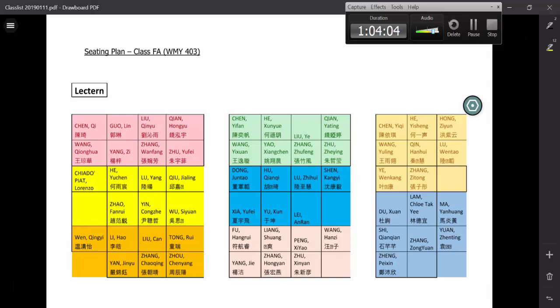I might have told you already that part of the quizzes that you do are group quizzes. So the whole group will tackle a few questions. So if you are from FB and you come to the A class, who are you going to work with? Okay? I don't know how we're going to give you points. Okay, so try not to do that, please.